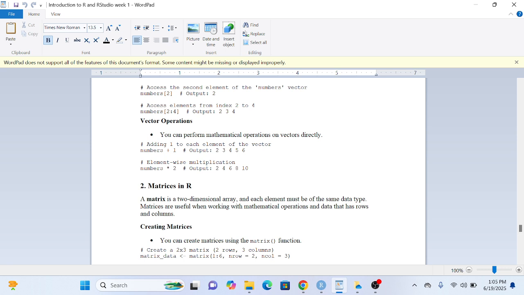But when you talk about a two-dimensional array, it consists of a row and a column, right? So a matrix is a two-dimensional array, and each element must be of the same data type. So matrices are useful when working with mathematical operations and data that has rows